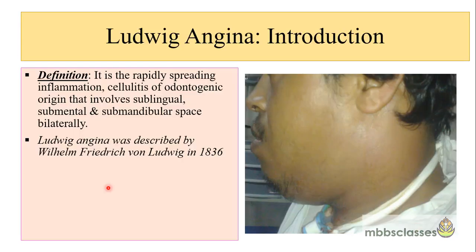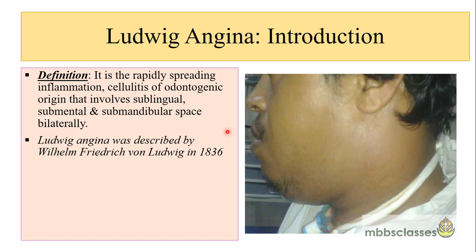Today in this video I'll be talking on Ludwig's angina. Ludwig's angina is a rapidly spreading inflammation, cellulitis of odontogenic origin that involves the sublingual, submental and the submandibular space bilaterally. This disease is named after Sir Wilhelm Friedrich von Ludwig because it was he who described this disease